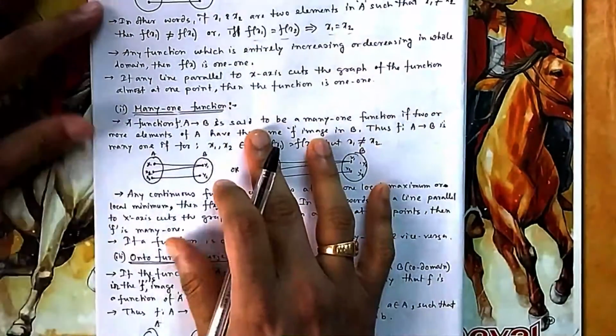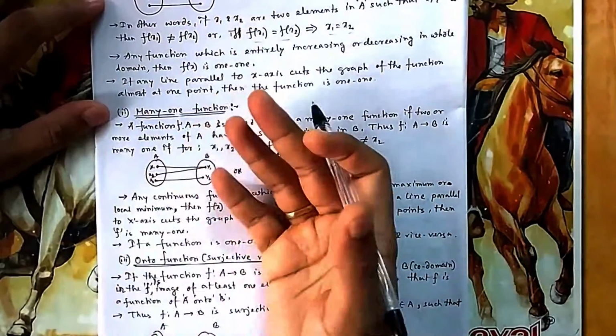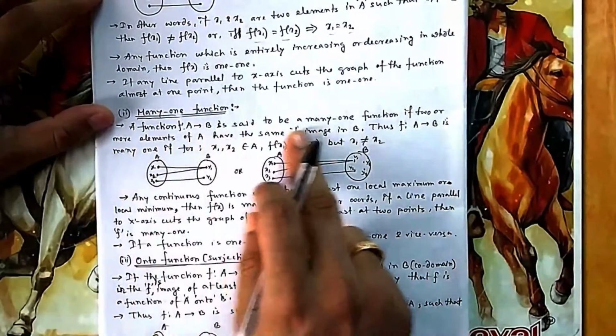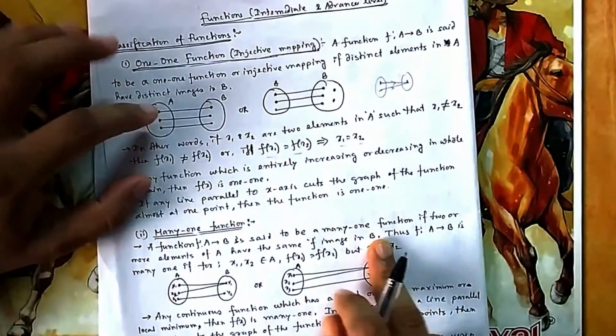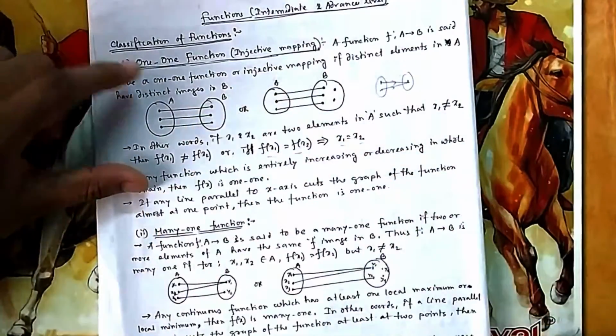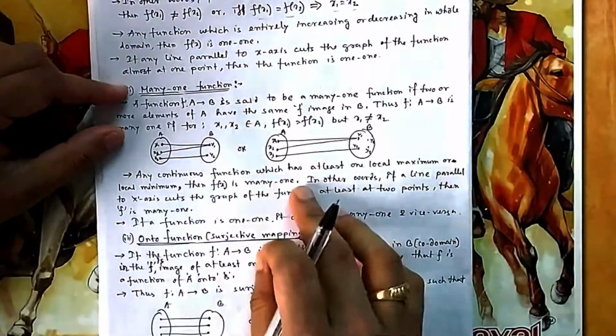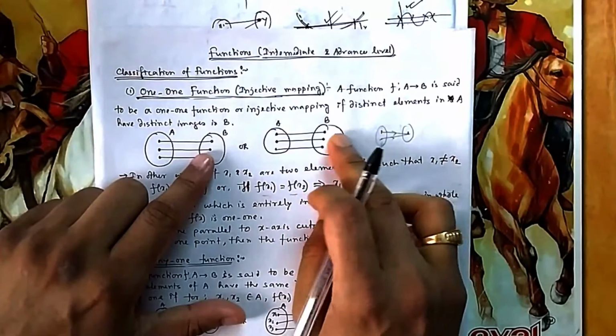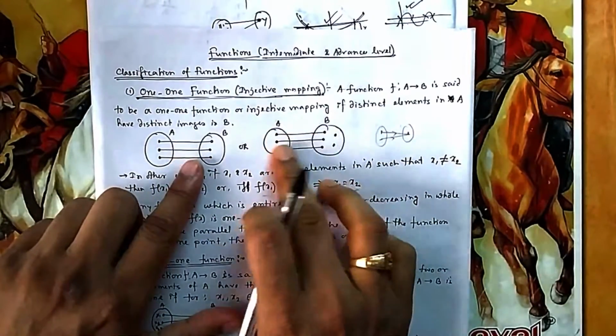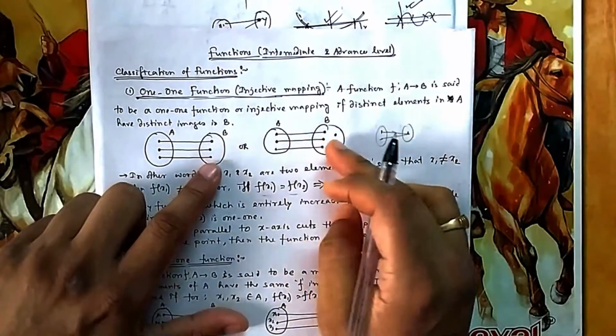Next you come to many-one. Now the one that is not one-one will be many-one. For a function from A to B, look at how they can be connected. Either this one or 2, 3 can reach the same god. That is a different way it can be connected. There may be a y left alone. You can see two different elements connected to one. Here no y was left alone, here one was.